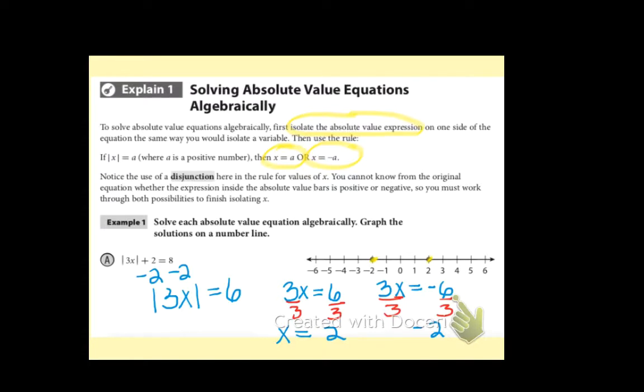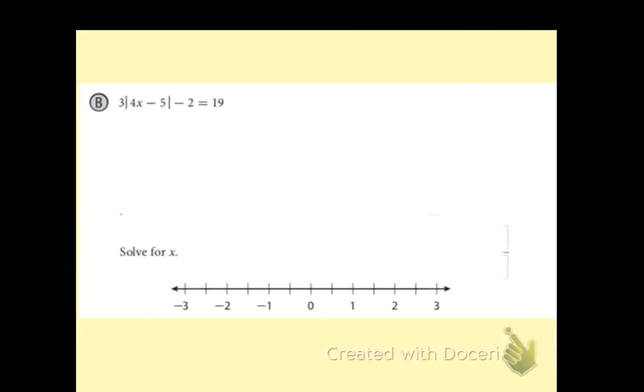Let's take a look at another example of solving algebraically. So of course we want to isolate the absolute value first, and we have to follow the reverse order of operations as we're doing so. The first thing we would want to do is undo any adding or subtracting. And so by adding 2 to both sides,